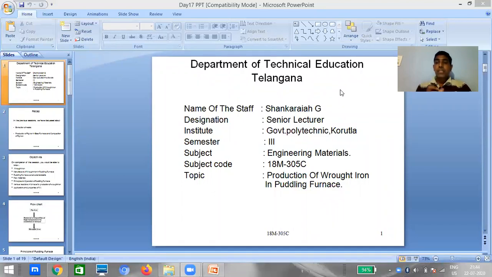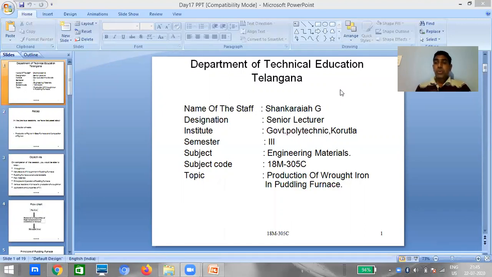And what is the charge? What is the charge for a blast furnace? So what the raw material you are going to give for a blast furnace is known as its charge. So what is the charge? You are having iron ore. So we are having different types of iron ores: hematite, magnetite, limonite, siderite. So all these iron ores, you can take any one of them. And later you are having coke and limestone. So this will become the charge for a blast furnace.